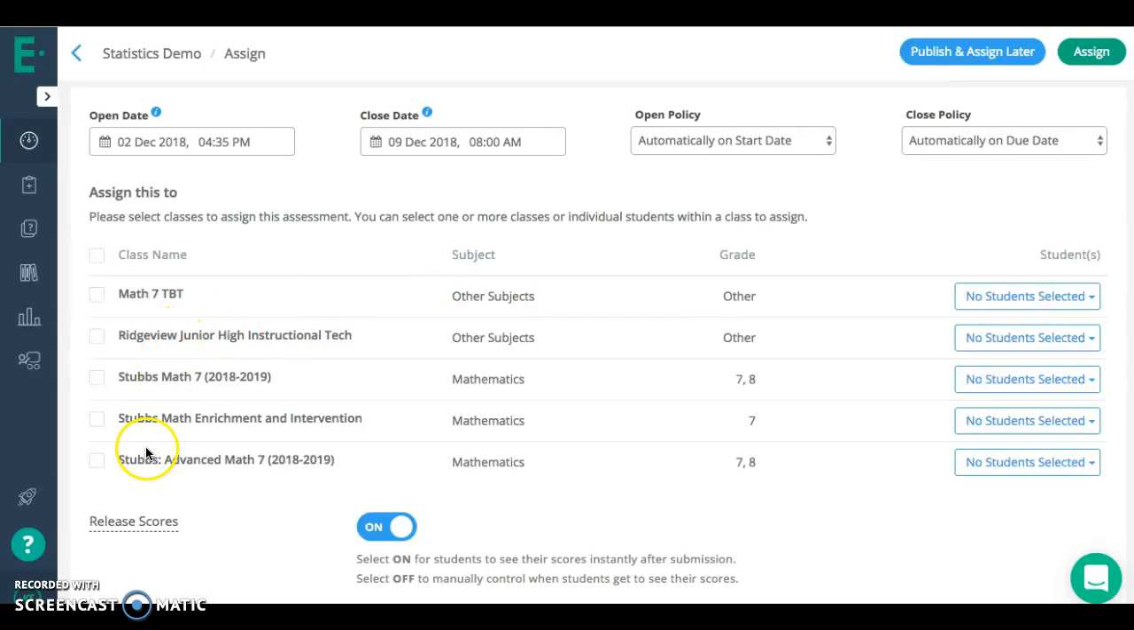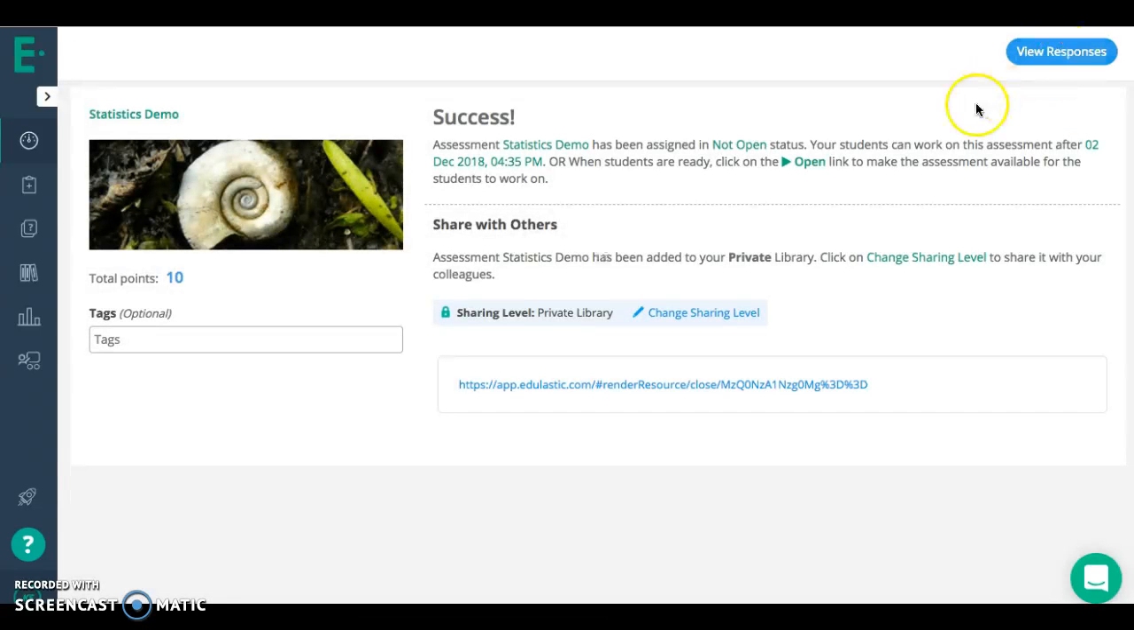And there you can see my different classrooms. And if I clicked on this one, no students are specified because I don't have any students in that demo class. But when you drop this box down, you can click select all and it will assign this to each and every student. And then you can hit assign,